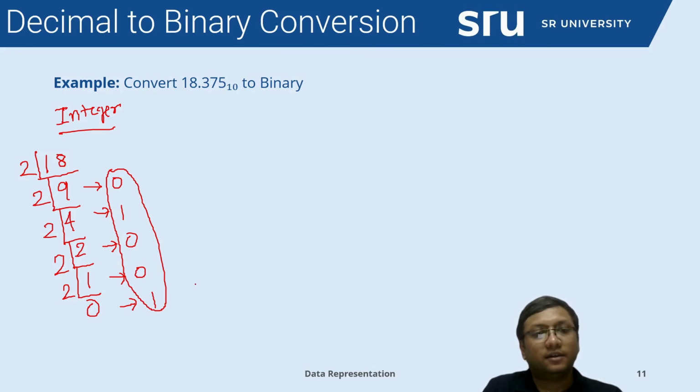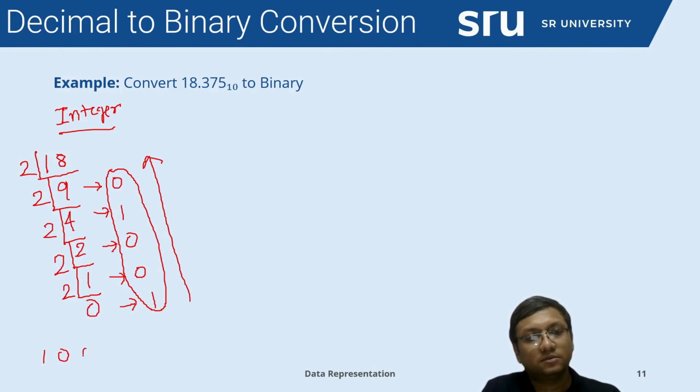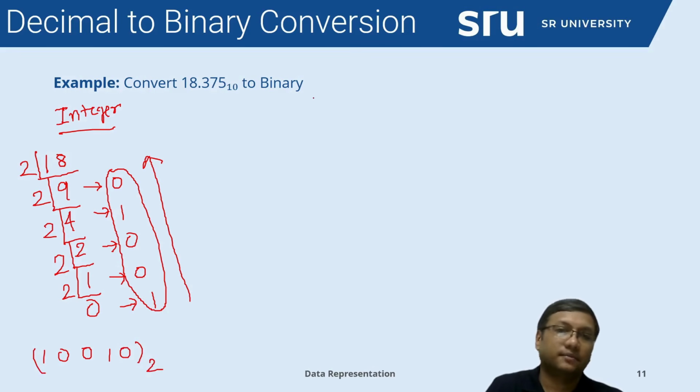Now for the integer, we will go from bottom to top and our result will be 1 0 0 1 0. Please indicate the base of binary. Now for the fraction part,